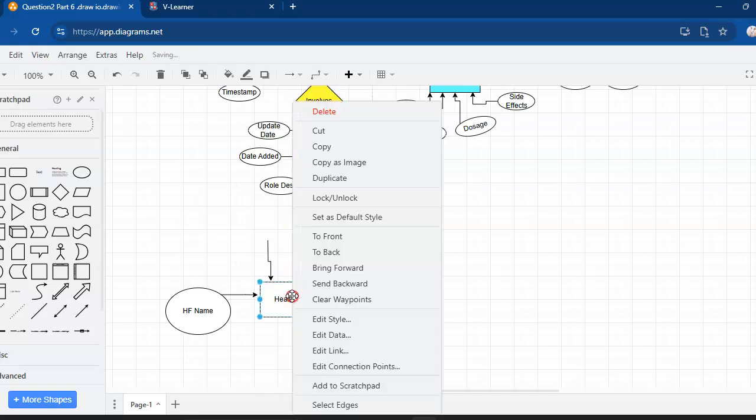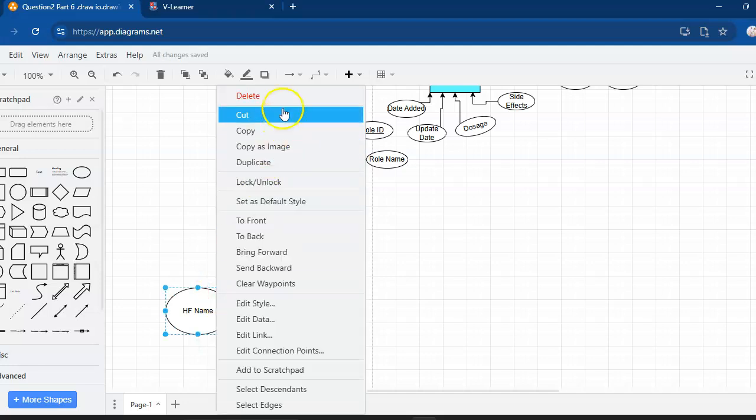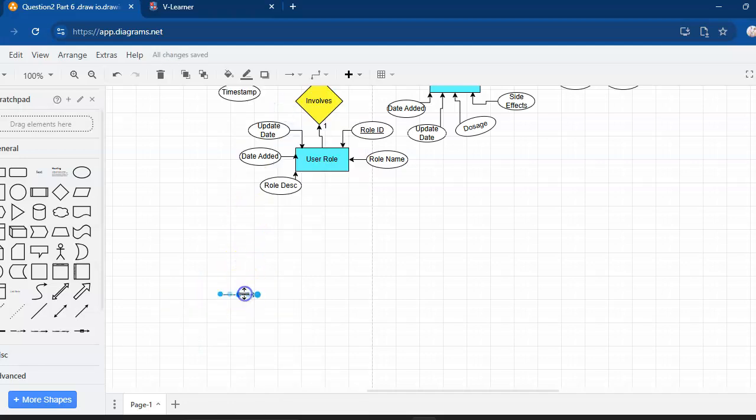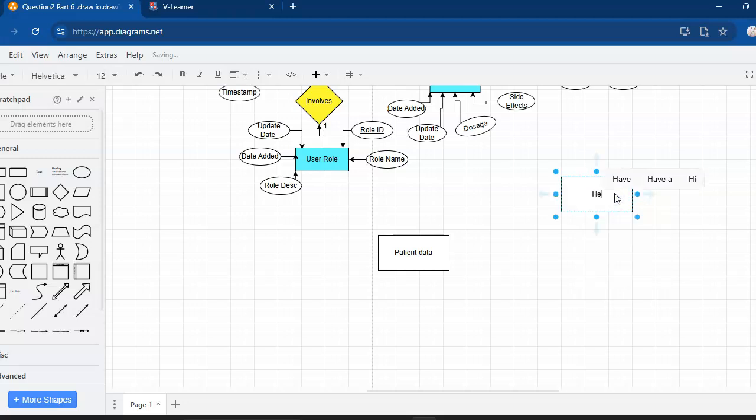I'll give you a simple demonstration of how you can come up with two entities having a single relationship, cardinalities, and their corresponding attributes. So let's assume I have this entity. This is patient data, and I have another entity that is health facility, and this health facility has an attribute called